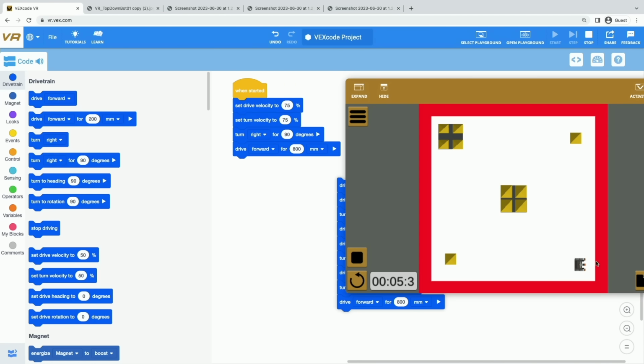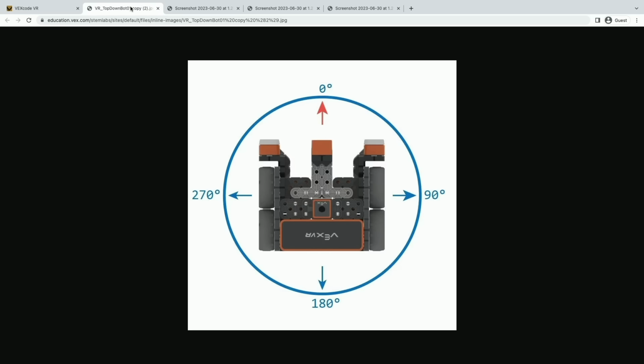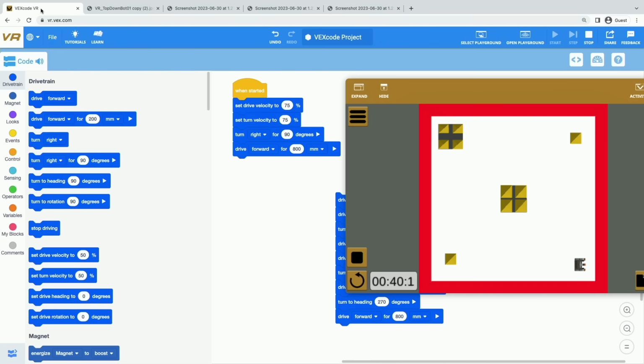So now let's pay attention to where our robot needs to turn. Our robot here is facing that 90-degree heading. So if we take a look at our heading diagram, our robot is facing here, right? But we know we need it to turn all the way around past 0, over here, probably about 45 degrees to the left. So if we think about how we want to get our robot over here to this heading, we are going to add about 45 degrees to this 270 heading, and that would put us about 315 degrees, right? Because if 0 and 360 is up here, 45 degrees over there puts us at about 315. So now I'm going to add a turn to heading